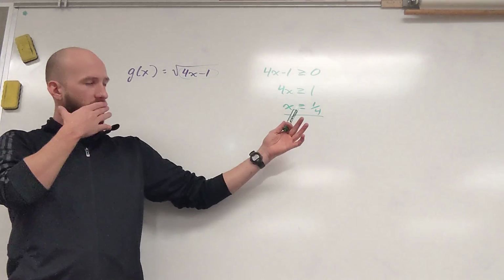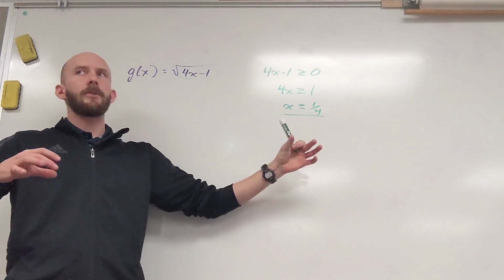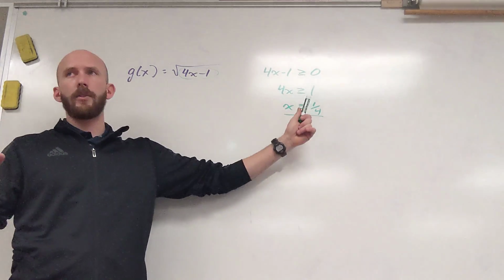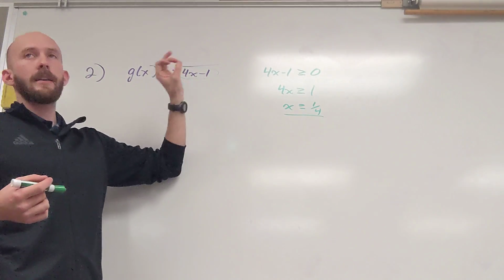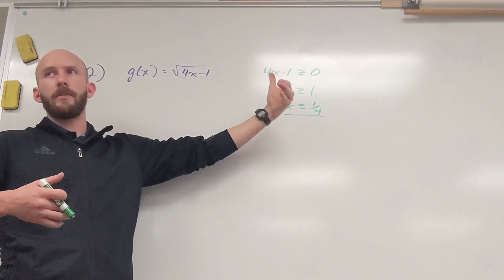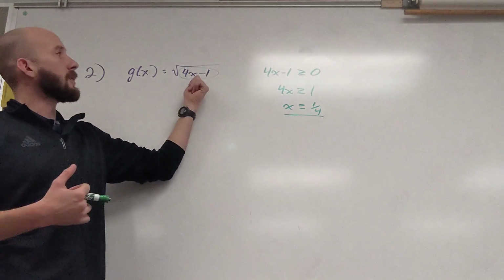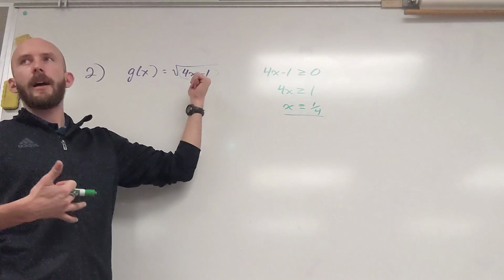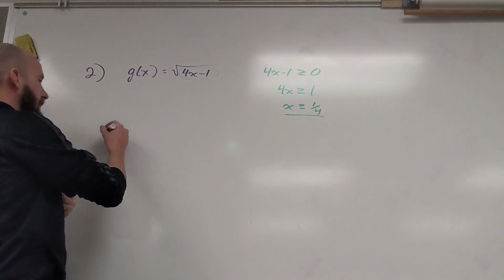This is basically the domain. My domain is all real numbers, but it has to be greater than or equal to 1/4. Because look, if I plug 1/4 in, I get 0, right? That's allowed. Anything greater than that is going to be greater than 0. That's fine. If I put anything less than that, if I put 0 in, I get -1. So that causes a problem. So my domain,